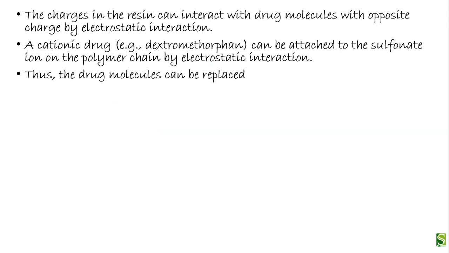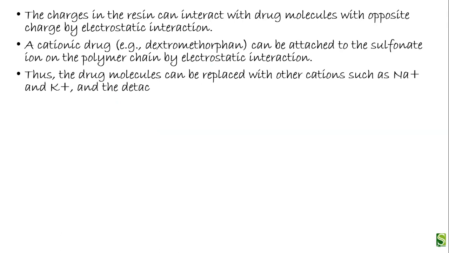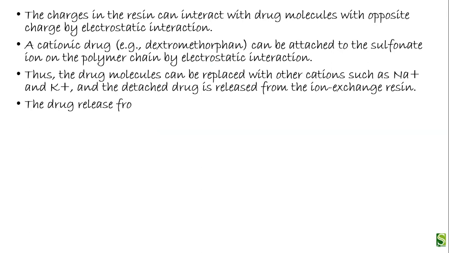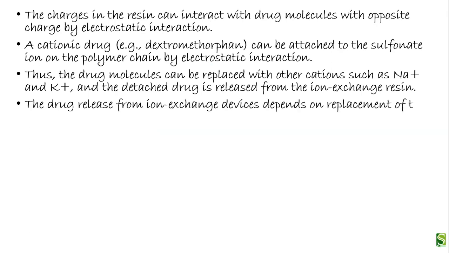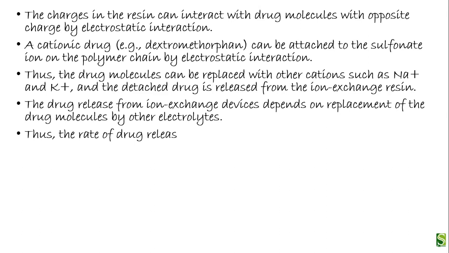Thus the drug molecules can be replaced with other cations such as sodium and potassium, and the detached drug is released from the ion exchange resin. The drug release from ion exchange devices depends on the replacement of the drug molecules by other electrolytes. Thus the rate of drug release depends on